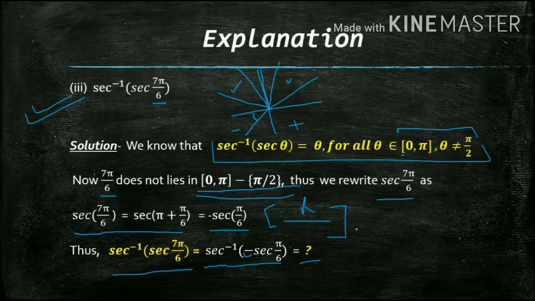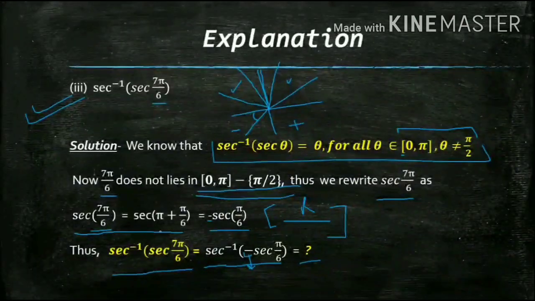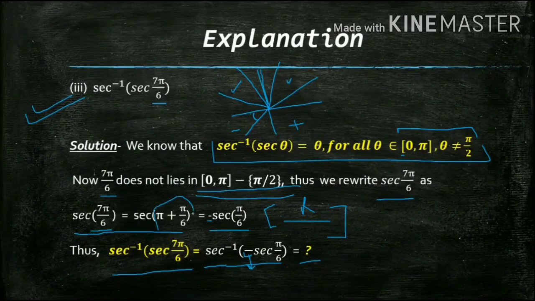So this is what I am saying. Whenever you are trying to rewrite the expression, try to be more consistent about what you are writing. If you do it like this, you would end up stuck with the minus over here, and we don't know how to solve the minus. That means you should not break 7 pi by 6 as pi plus pi by 6. Although that is very easy, in the earlier questions we were directly getting the angle, we were not getting this minus. But here we get this minus.